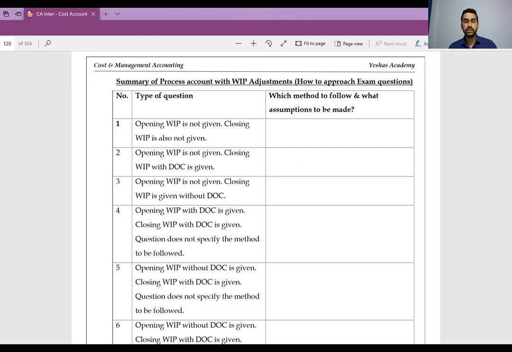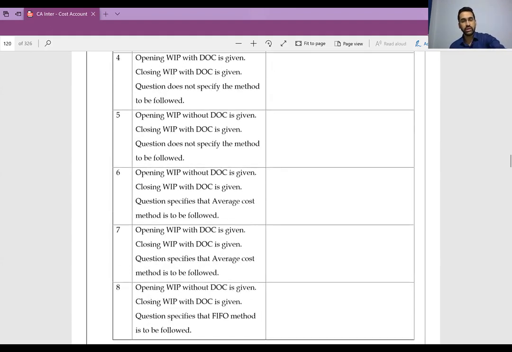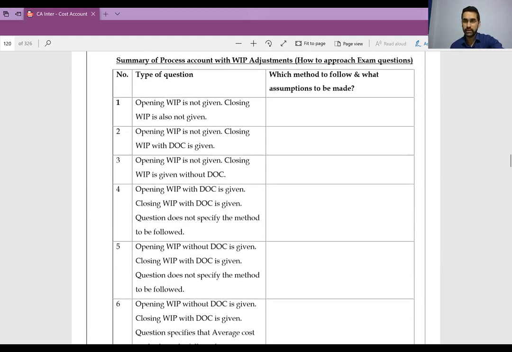And please mark this particular page as very important. You must read this page instead of solving 8, 9 problems. If you understand what are the 8 varieties of questions that can come, it will be as good as solving 8 sums, 8 problems. Okay. Sir, you are saying what assumption? What assumption, sir? What are you talking about assumption? I told you 100, 50, 50 should be assumed. Yeah, that is what I'm trying to discuss here. Yes, let us start.